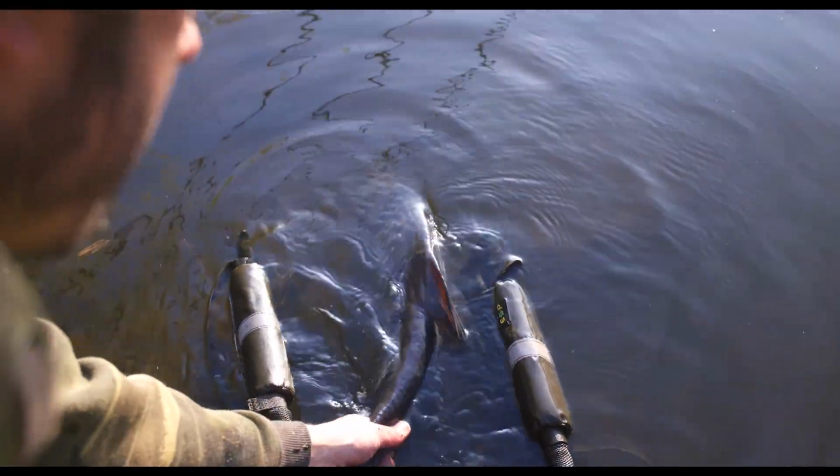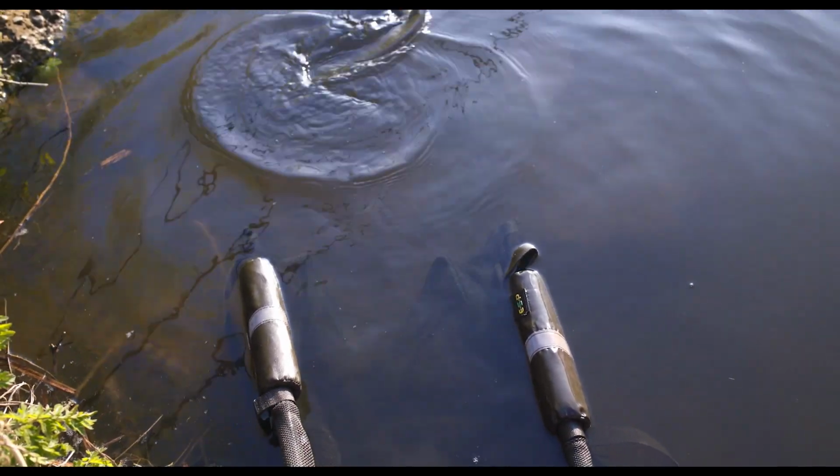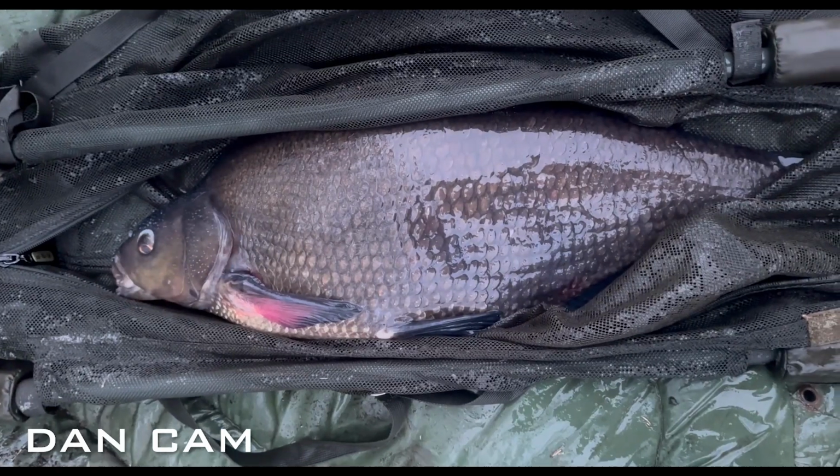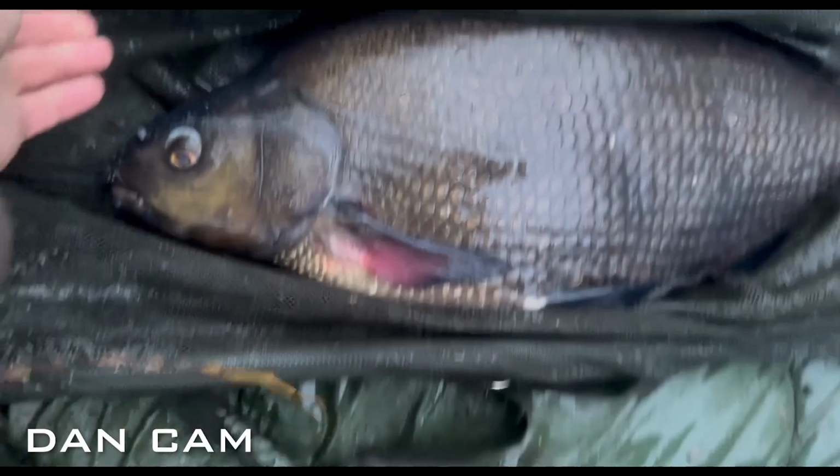So after that fish, I was expecting it to go a bit quiet. I thought I might be able to pick one or two off, but it was getting a bit later on in the day. It had been light for a couple of hours. There weren't any signs of fish rolling anymore, and I just thought, well, maybe nab one or two, but it just went crazy. My left-hand rod went off, caught a fantastic fish,